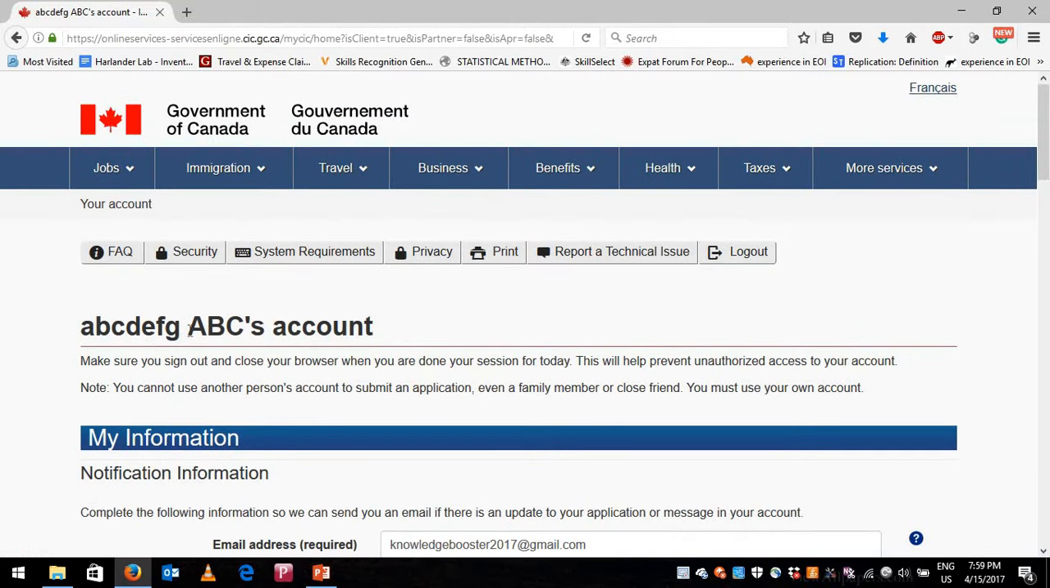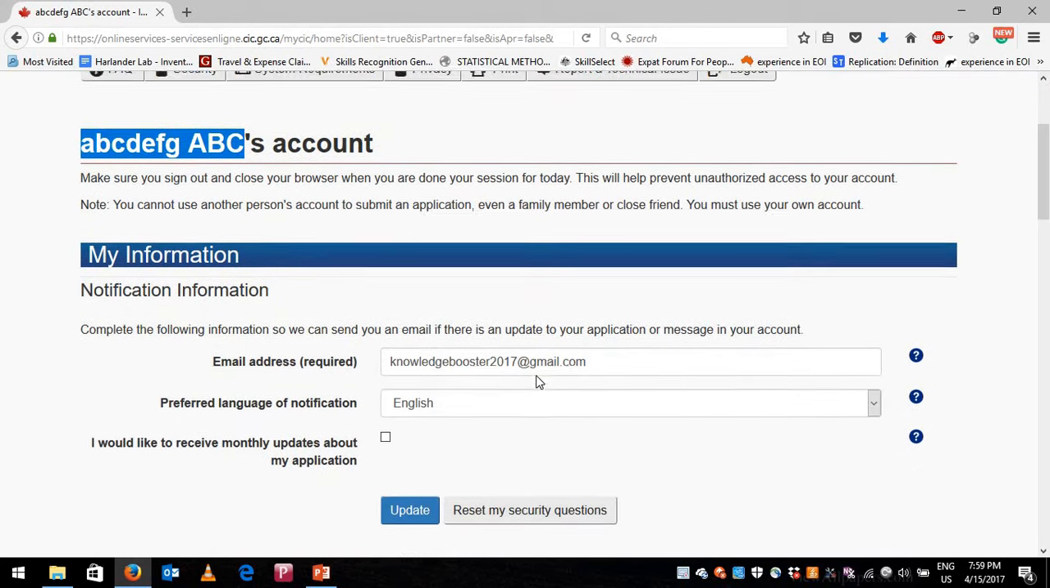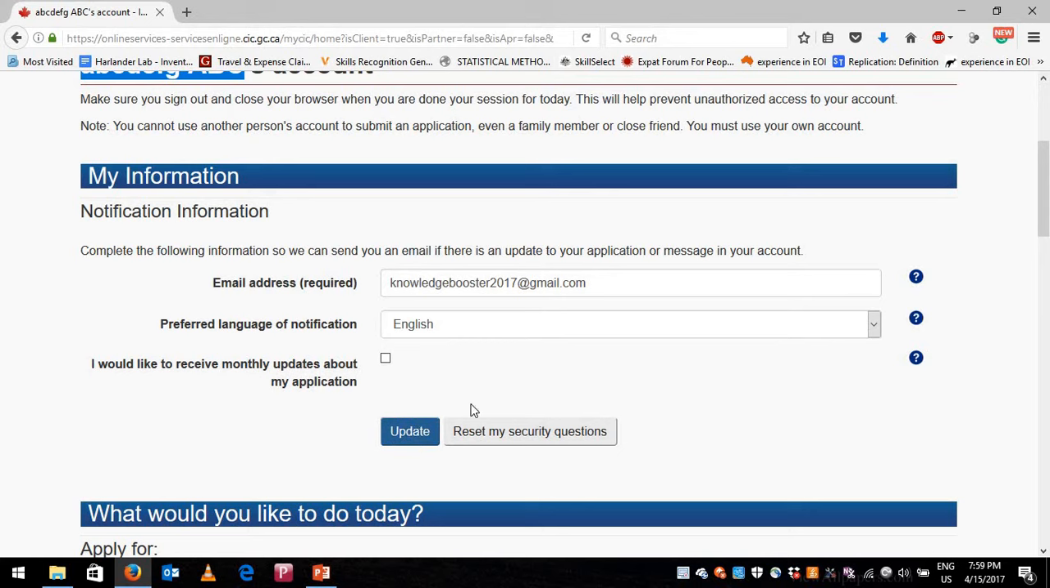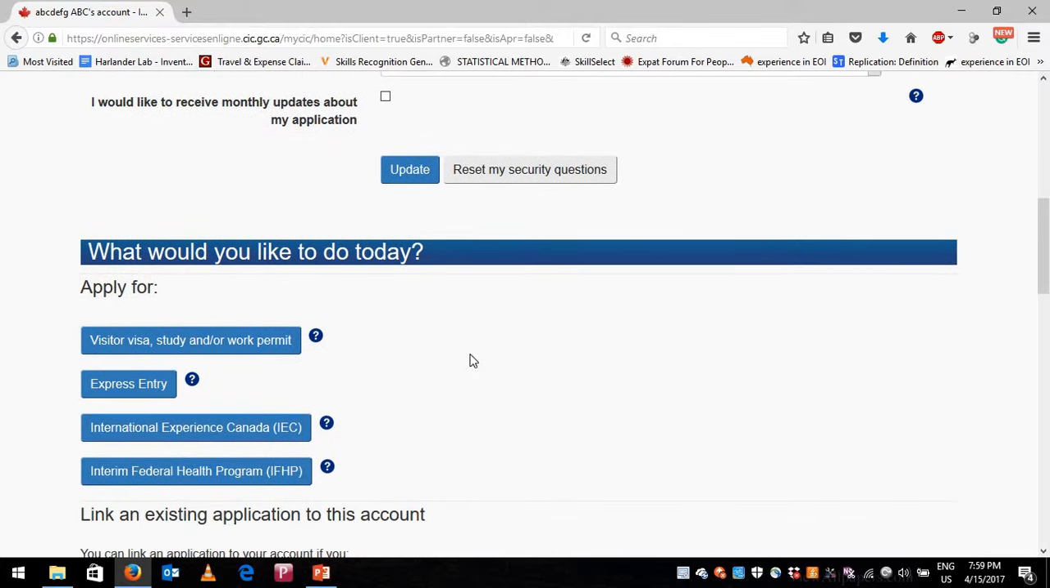So it will take you to this, which is the name of an imaginary person. So this is the account of this person. So let's quickly scroll down. If you want to update, you can update. You don't need to update it now. If you scroll down, it will take you to all those options where you can either apply for a visitor visa, study and work permit, express entry, or international experience Canada, and you can apply for the interim federal health program. So now we are applying for a